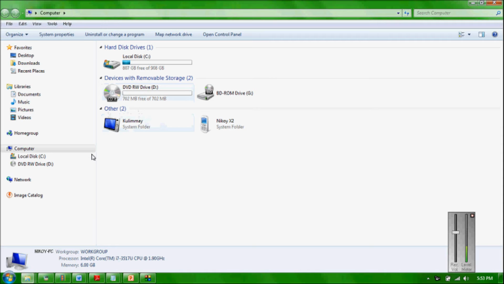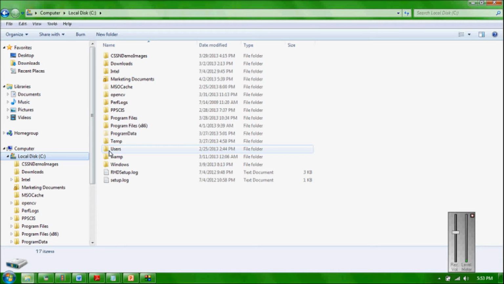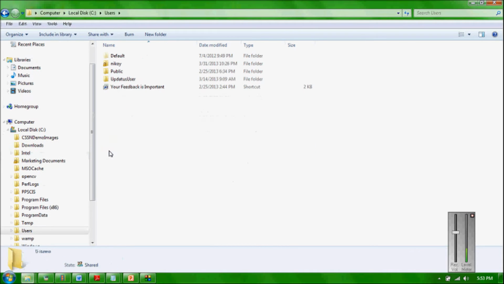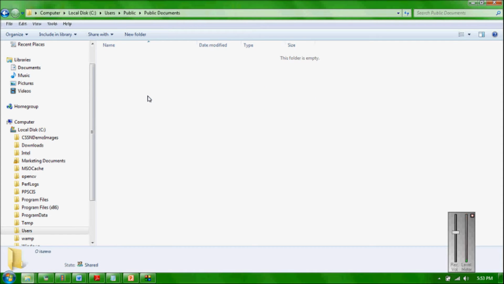In the left pane, expand the local C, open the users folder, open the public folder, then click public documents. In the right pane, right click on an open area,